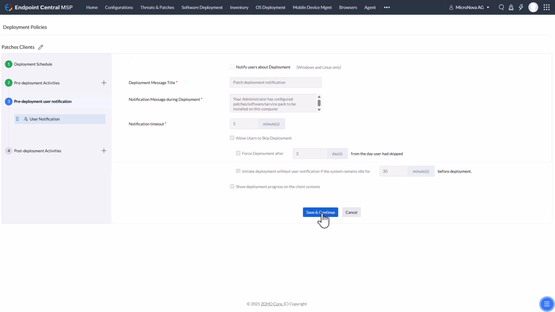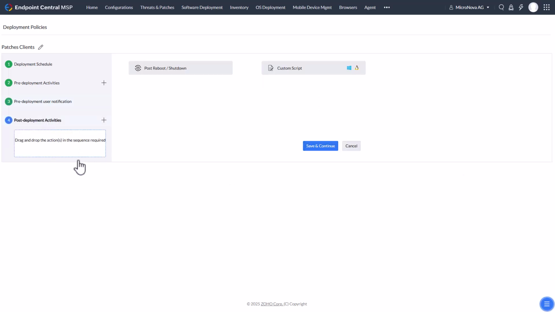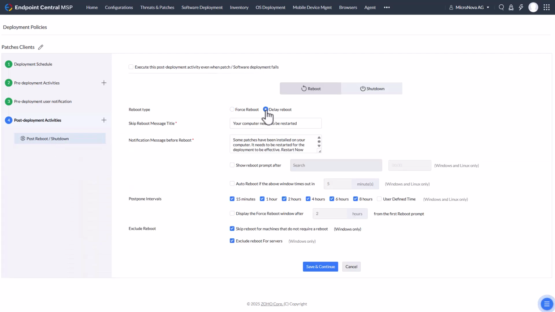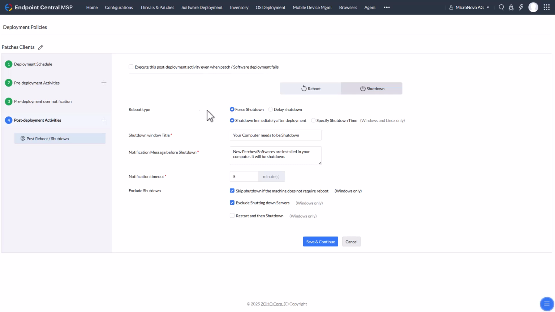The next would be post-deployment activity. If you do not select anything, nothing will happen. No reboot or shutdown. If you wish to, of course, you can establish it. A forced reboot, a delay reboot with time intervals and exceptions or some for the service. On the shutdown side, we do have the same as like on the reboot, force shutdown, delay shutdown, and the restart and then shutdown. This is really handy when it comes to feature updates or something, because Windows always